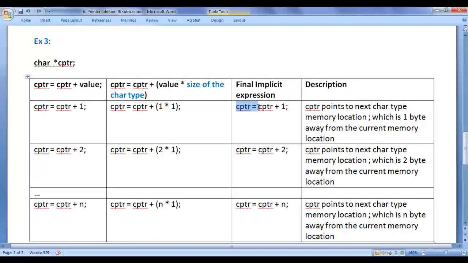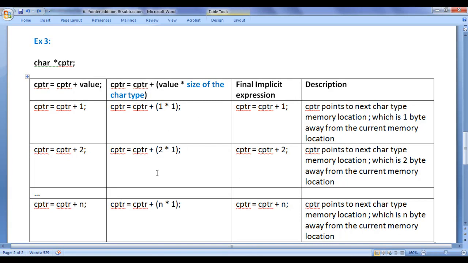The final implicit expression will be CPTR equal to CPTR plus 1. When this expression is executed, CPTR points to the next character memory location, which is 1 byte away from the current memory location. So that's how pointers are evaluated.